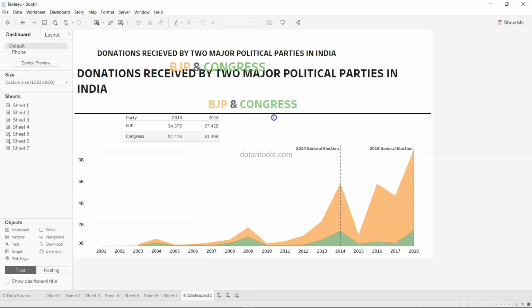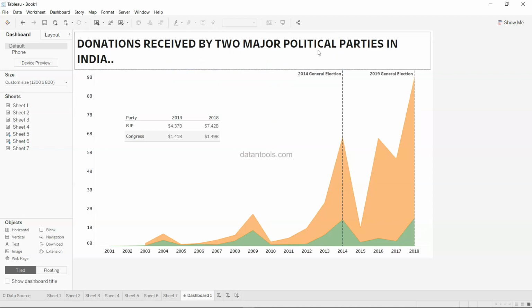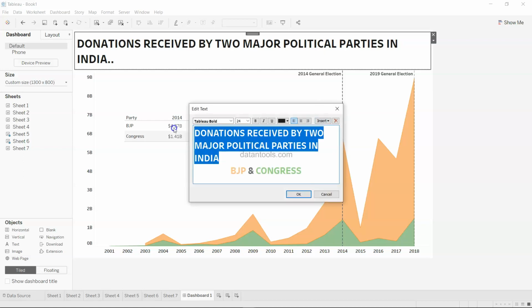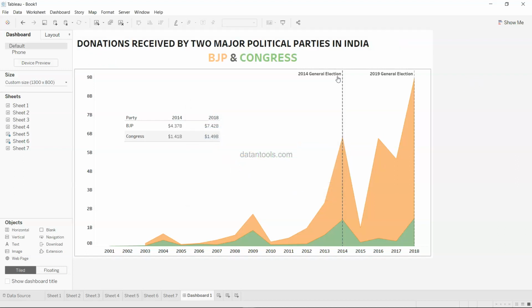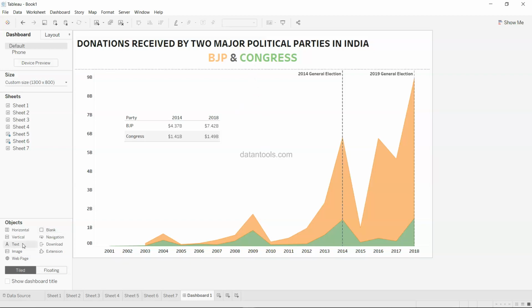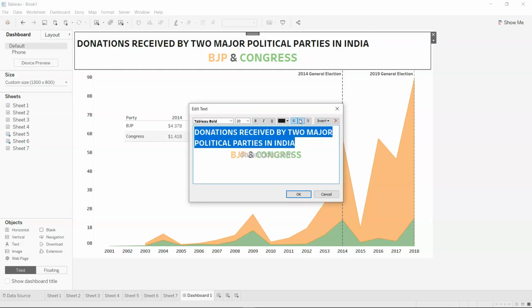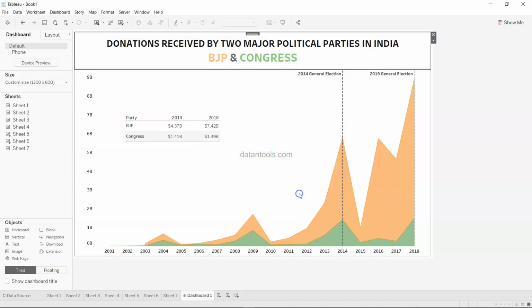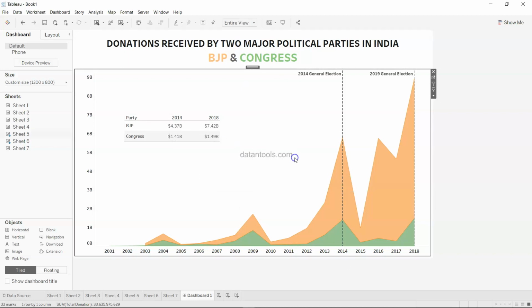So what I mean by that is now you have it at the top and you don't need this. So again, a little bit of high text. Alright, so that's what I basically wanted to mention, that if you want it at the top, you can just bring it directly without holding the shift key. So once you double click and make this center and click OK, now it becomes a little intuitive what is BJP and what is Congress, what is their total fund over here,